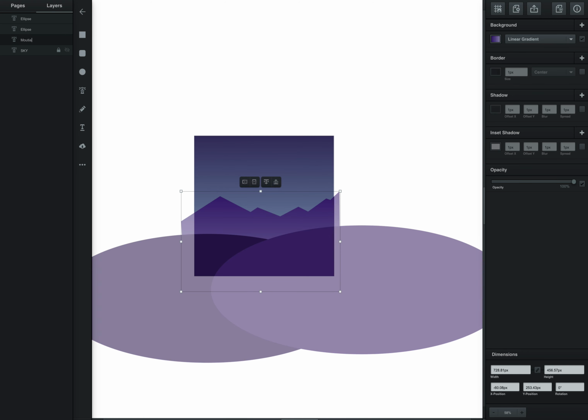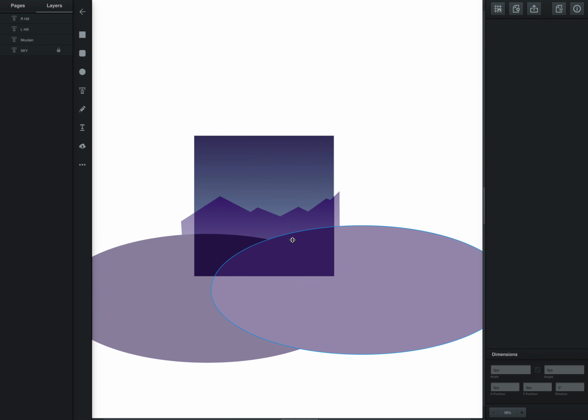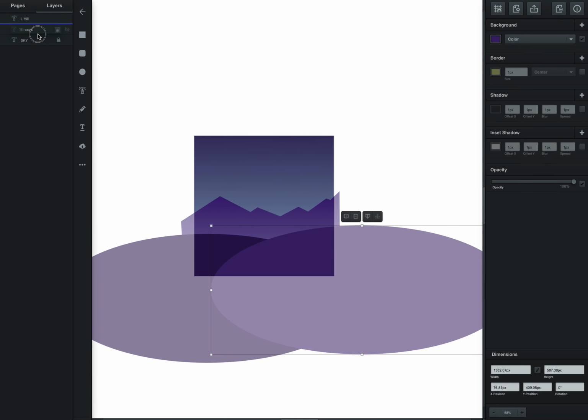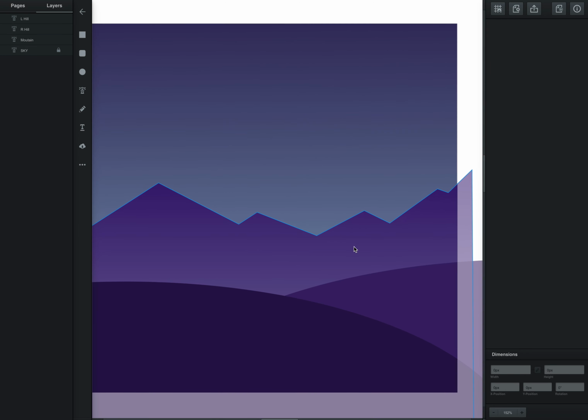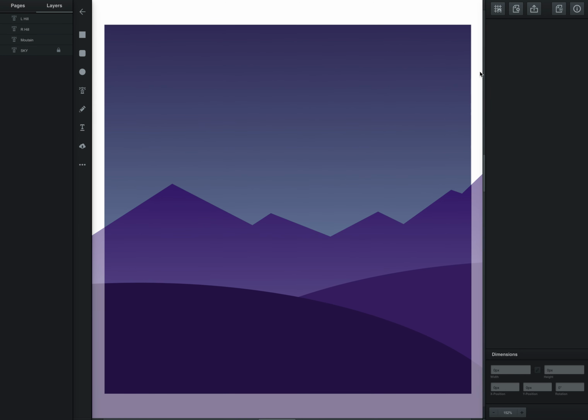Let's change the names of these really quickly. This is mountain in the back. This one right here is going to be the right hill, and this one here will be the left hill. And what we want is the right one's going to be behind the left one, like this. So we can just get this overlapping space, and then when we zoom in like this, this is what we're creating right here. We get our sky, we've got our mountain here, we've got a hill, and then a hill